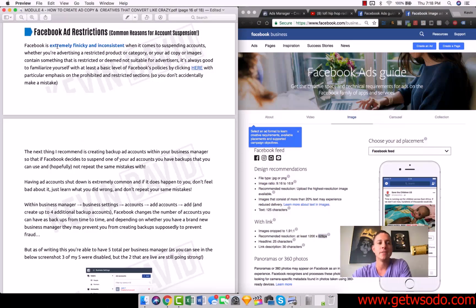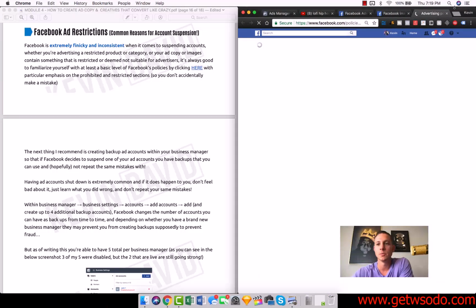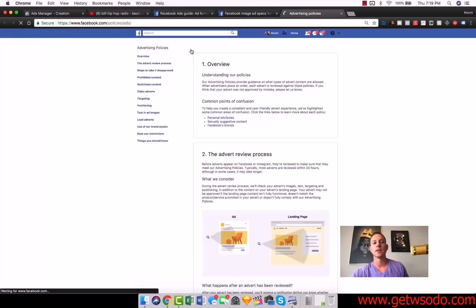And then Facebook ad restrictions, right? Most of us know, especially if we've been around for a while, that Facebook is extremely finicky, to put it lightly, and very inconsistent at times when it comes to disabling ads and suspending accounts without giving much explanation. And so it's always a good idea to familiarize yourself with a basic understanding of Facebook's policies, right? And not memorizing this, because it's a huge, ridiculous terms of service that's very difficult to get a hold of,